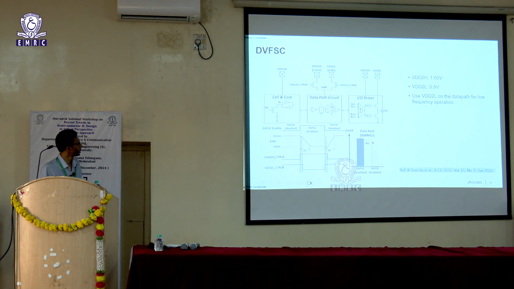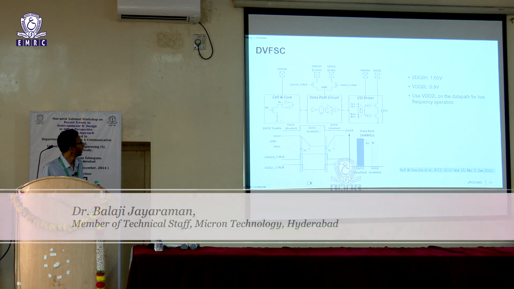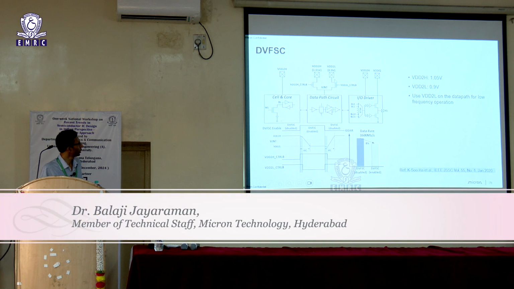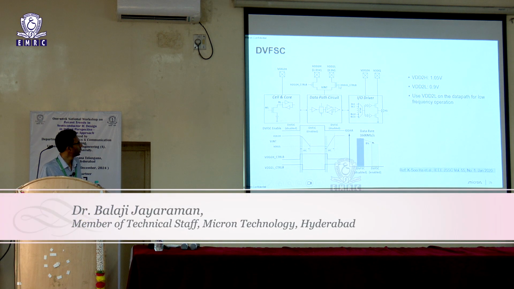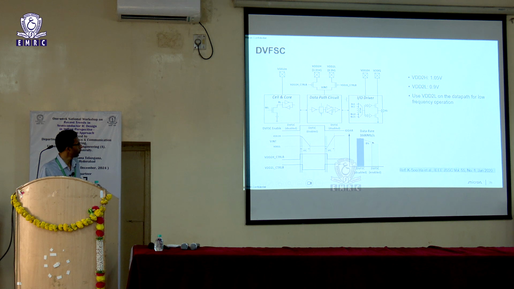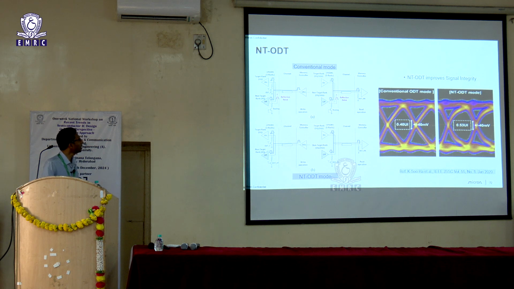frequency of operation. So if you feel that for the next few microseconds your DRAM is going to be operated in a low frequency mode, then you switch to this low frequency mode and turn down the supply from VDD2H to VDD2L. That way all your data path will be operating on a lower supply, burning lower power. And then the IO driver, the IO driver takes VDD2H and VDDQ, and there is no voltage scaling here. NT-ODT, this is the non-targeted ODT.